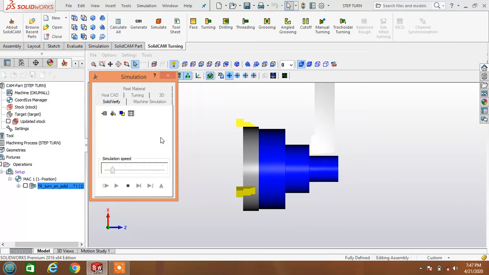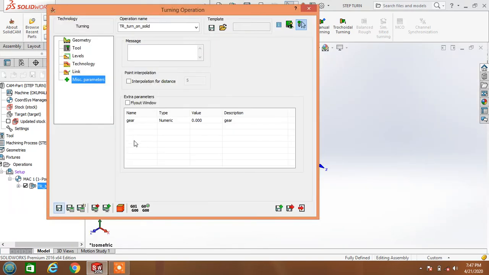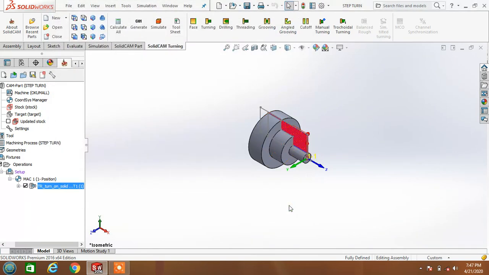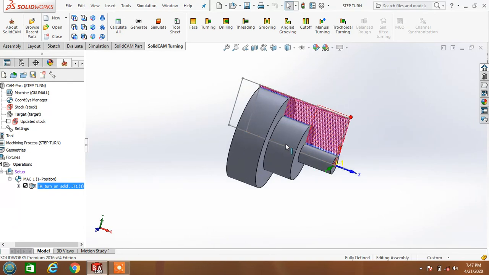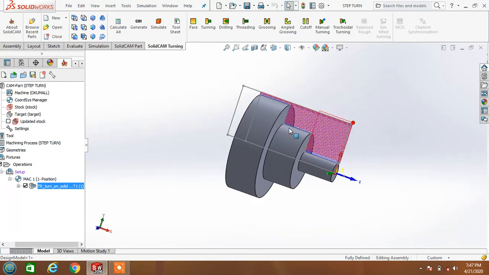Next, after finishing this is the post processing stage, the final stage. Close this, then click Save and Exit. This is the tool path it calculates based on the profile or shape of our object. It creates the tool path and it machines.